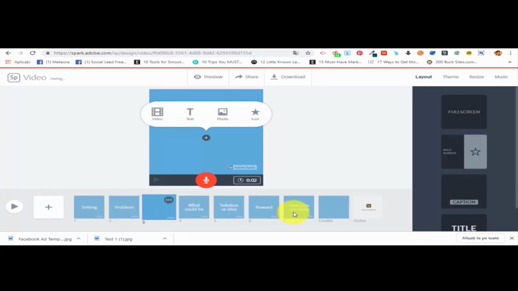If we want to add another slide, we just add it, and we have selected it to be the first slide. Now this slide is already selected, so I'm going to show you how it works. Okay, we have a plus button here. That means that on this slide we can add whatever we want, a text, a video, a photo, or an icon. Now on the right side of the screen we can see that we have a menu with different layouts